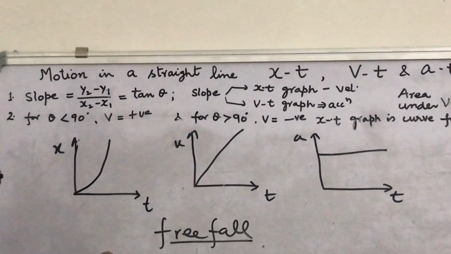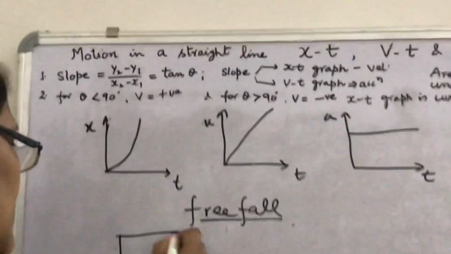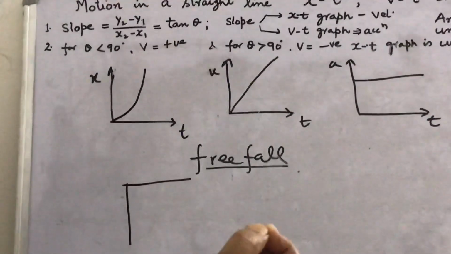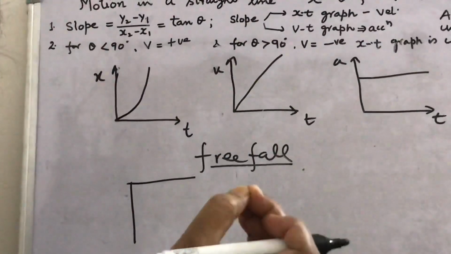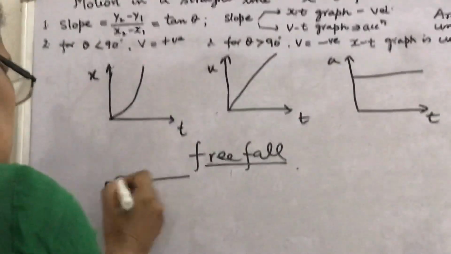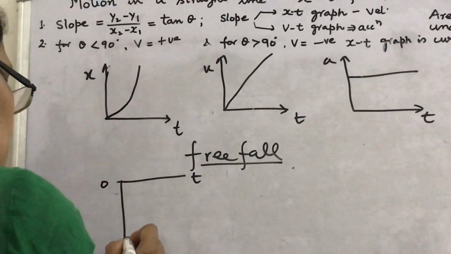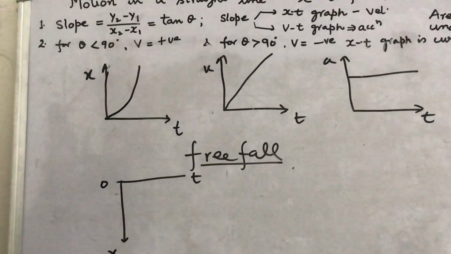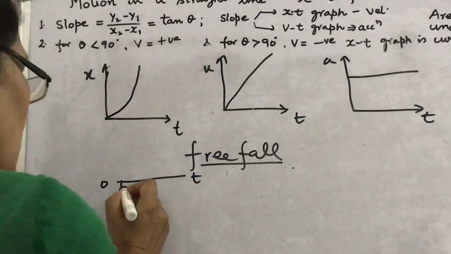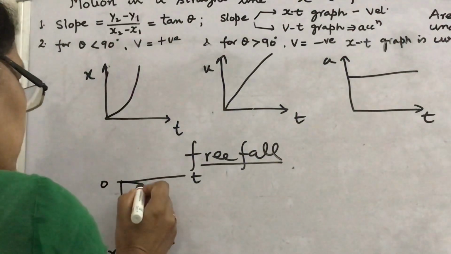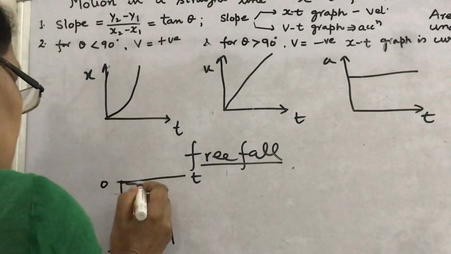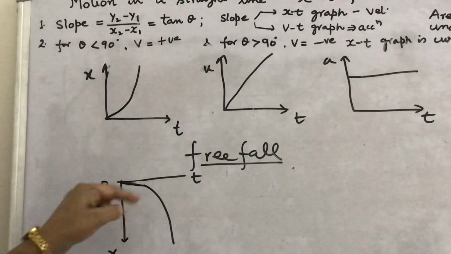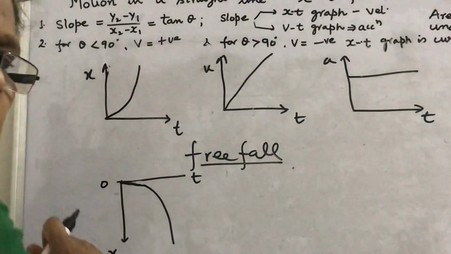So look, in case of free fall from a certain height, what will be the xt graph? You know it is uniformly accelerated motion, and acceleration will always be acceleration due to gravity. This will be the origin, this will be the time axis, and this will be the position axis. Since the object is coming downward, downward direction is taken negative, that's why the graph is in this quadrant. Then how will you find the graph? Like this. In this graph, per second you can mark how much distance increases, as per time and displacement.